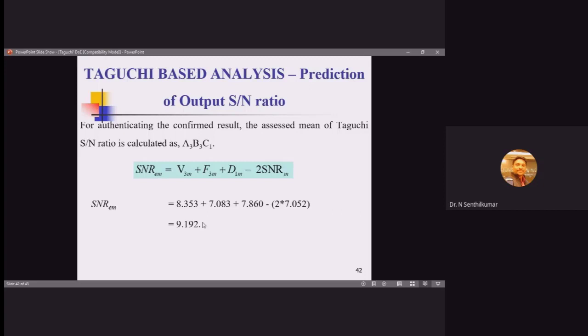Okay. This SN ratio we have estimated, no? Now, with this optimum condition, I have to perform an experiment and then determine the chip thickness ratio. And for that, if I find out the SN ratio, it will be closer to this value. Are you able to understand? Yes, it will be closer. So finally, we have to predict and then do a confirmation experiment. That is our ultimate aim.